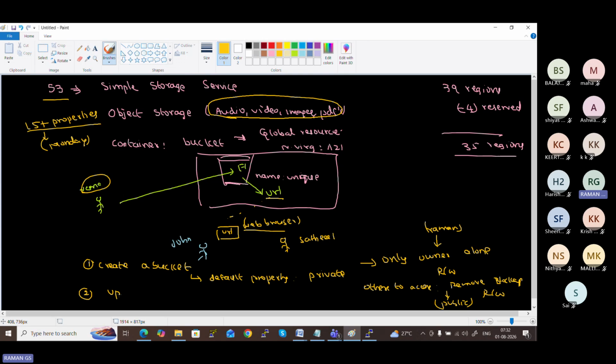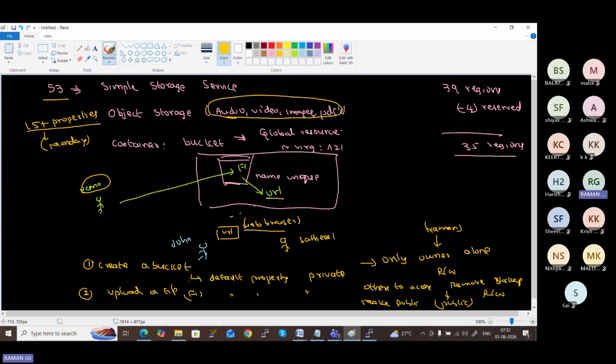Similarly, when you upload a file into the bucket, for example file F1, the default property is also private. Apart from the owner, no one can access the file. If you want others to access it, you make it public.